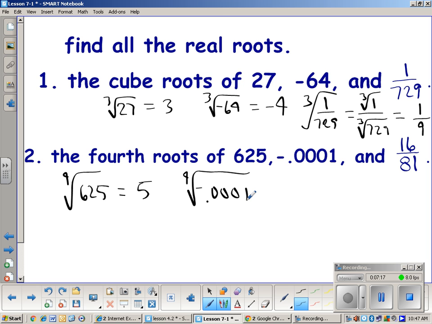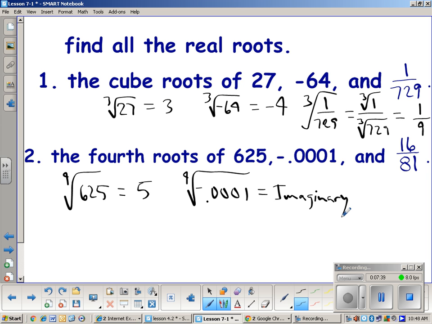Louder? It's not possible to get real numbers, is it? So there is none. So we'll just say that's an imaginary number. Okay? Now if they wanted the i value, we could say, well, it's